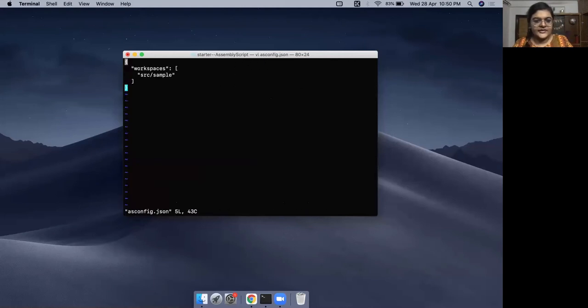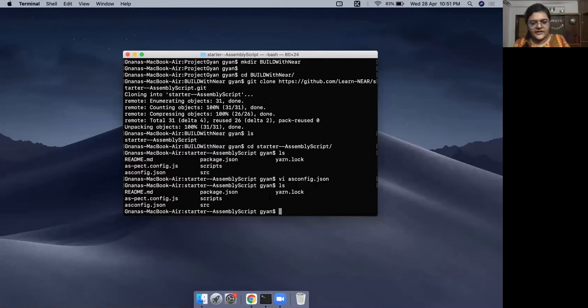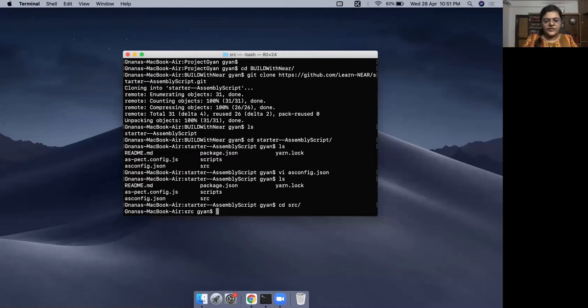Let's take a look at this. So it just has the name of the workspace, that is source sample. So there's a source, there's a yarn.lock, which we don't have to worry about. The package.json, of course, comes with npm, and there are some scripts which we'll go through soon, right? So let's dive into source.